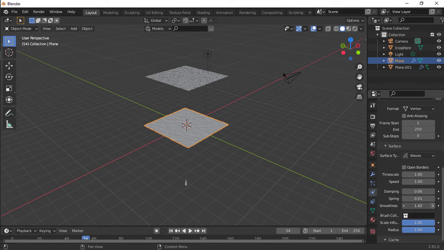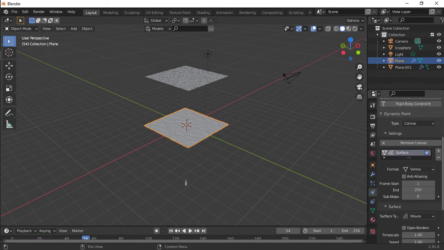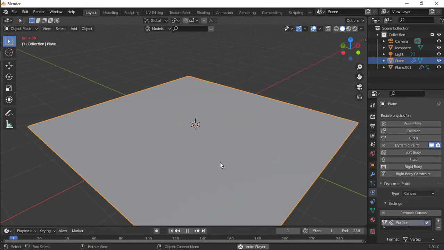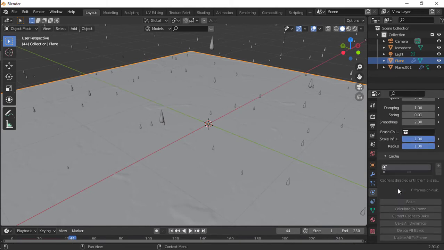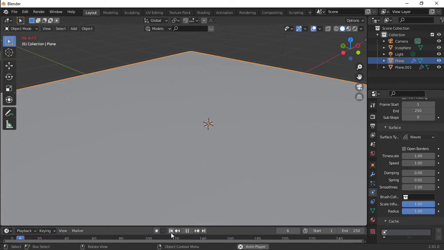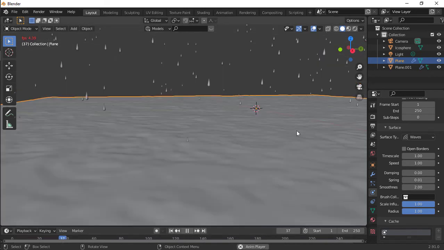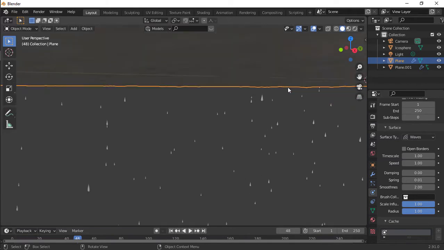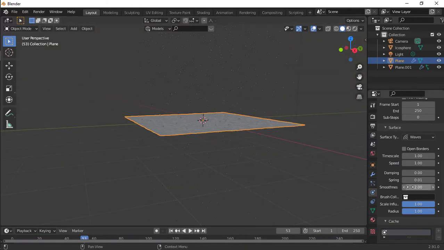Smoothness to about 2, just increase that to 2, damping 1. Let me just see how it looks. I'm just testing here. Let me see how this will look. Let's see. Damping, let's change this to 0. Actually creating those ripples. Really cool ripples right now, and I think I'm really satisfied with this